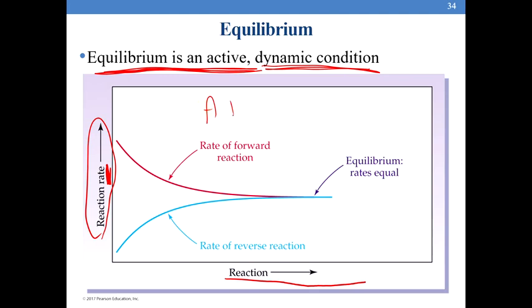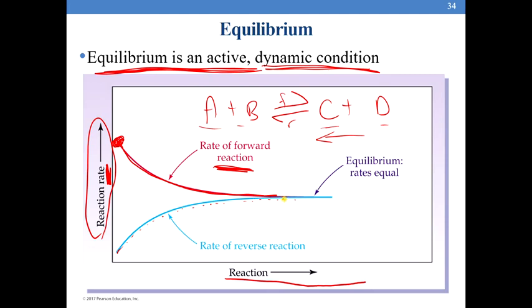And remember, just think A plus B, forward and reverse, forms C plus D. So the forward is going to the right and the reverse is going to the left. So the rate of the forward reaction initially is going to start high because there's a lot of A and B present that you would dump into your beaker, and then it'll slowly decrease and level out. The rate of the reverse starts out slow because we don't have much C and D to go into the left direction, so it starts out low, and then it slowly increases until